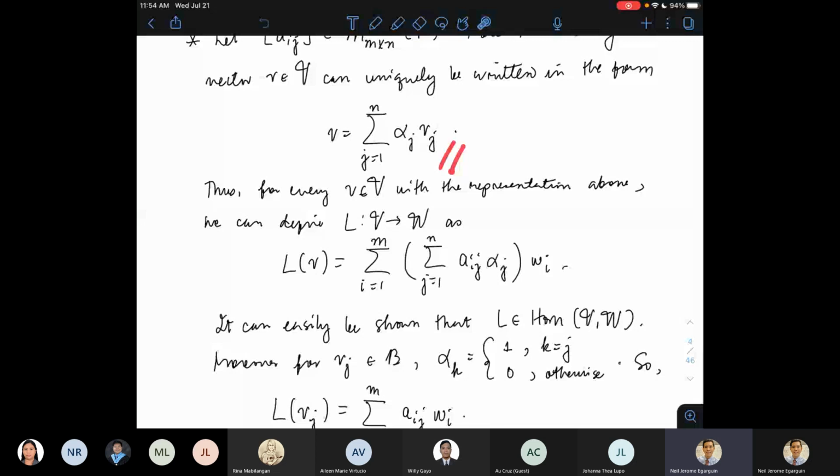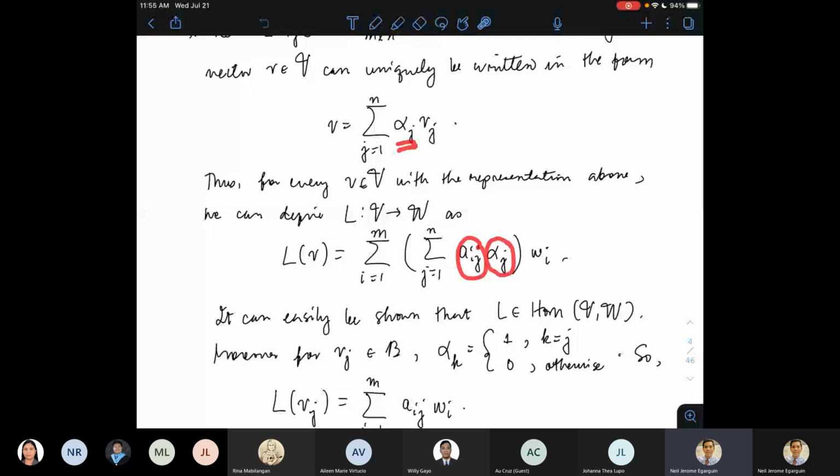And then this scalar will serve as the coordinate of the image with respect to the ith basis element in W. So ganito ko dinidesign yung linear transformation na gagamitin yung entries ng given matrix